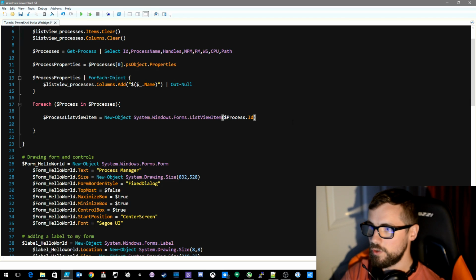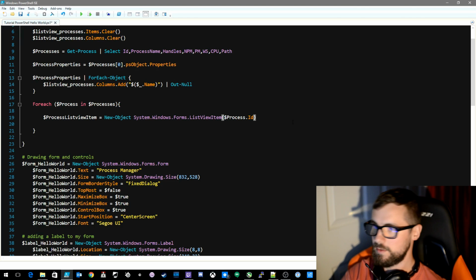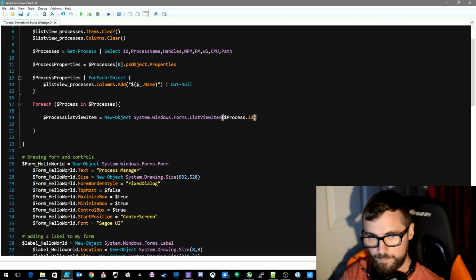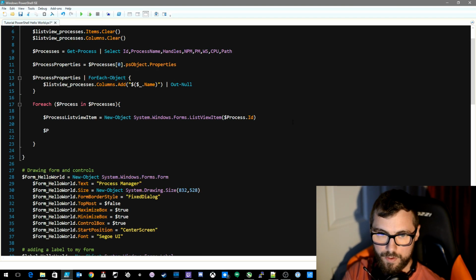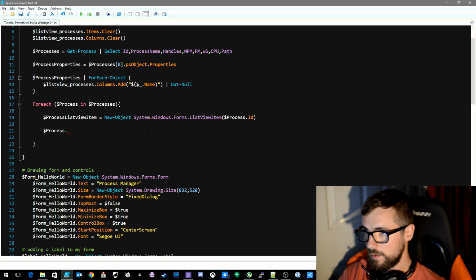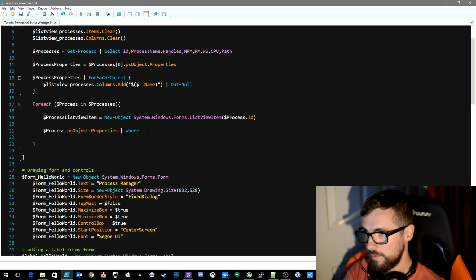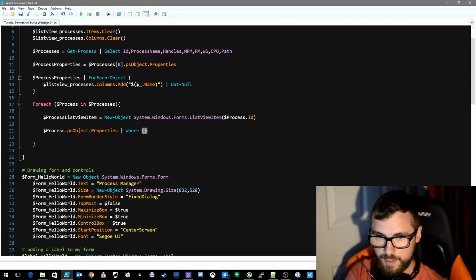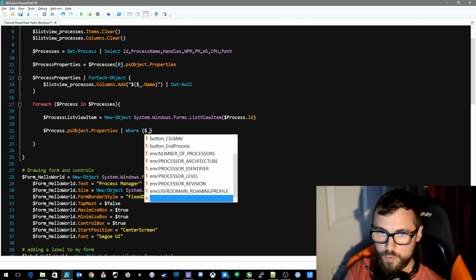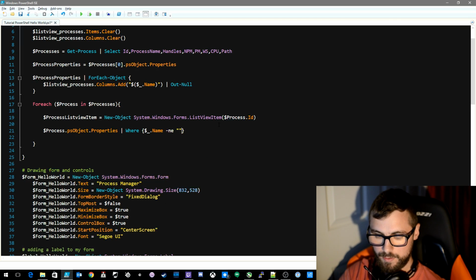An ID is usually an integer, a number that the system is using to keep track of that process. So now that we have our ListView item created, we're gonna populate it. So now for process dot, we're gonna reuse that here, property, where the name is not ID, because we already have ID as the main value of it, where name not equal ID